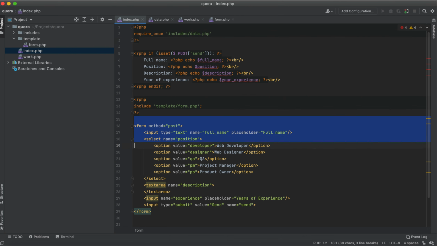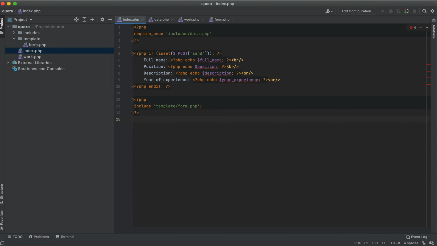So now the code seems more separated. We still have some notice here from PHPStorm. I will explain this later, but we have the data, we have the display, and the unique part of the page. Let's say what this page does is display the data, and we have also the template of the form included here. Let's do the same here